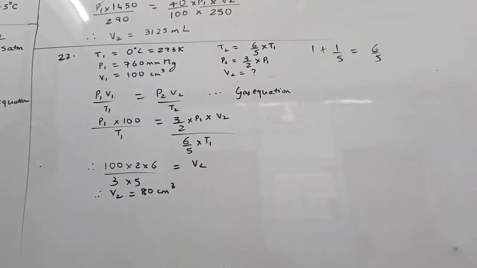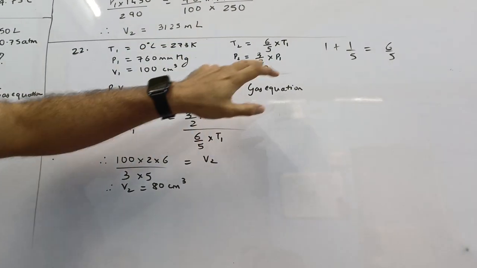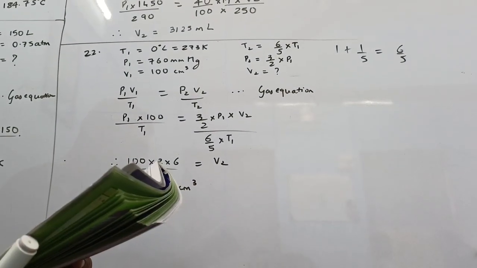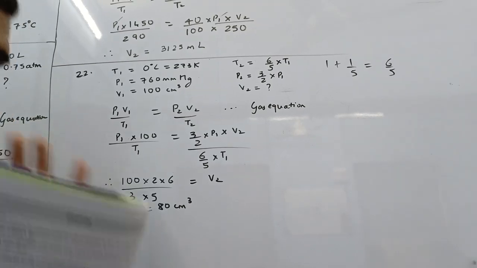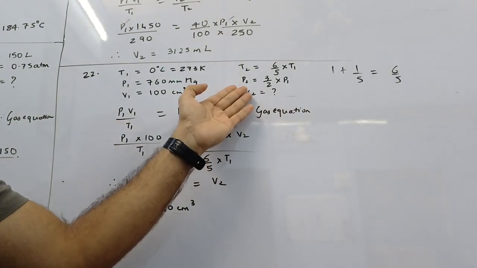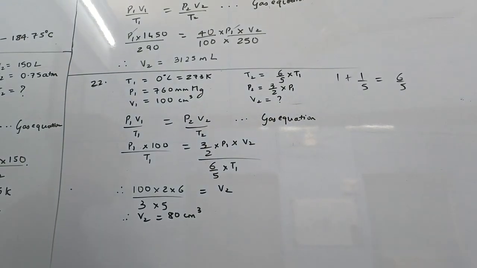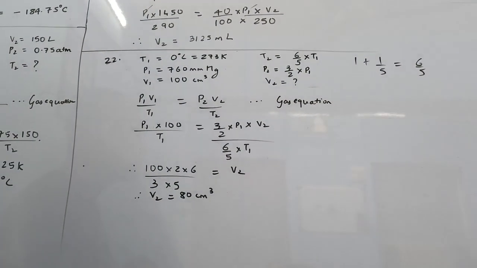LCM. So 6/5 of T1. I'm not going to use the values of T1 and P1, I will use the variables. And the pressure is increased 1.5 times, not increased by 1.5 times, just increased 1.5 times, means it is 1.5 times, means it is 3/2 times P1. If it was increased by 1.5 times, it would be 250% of the original, means 5/2 times P1, but